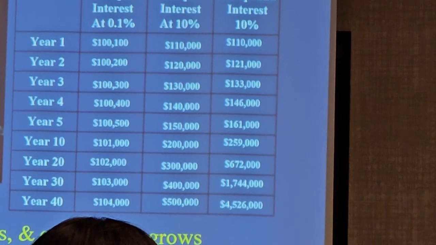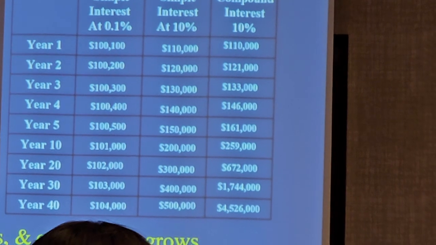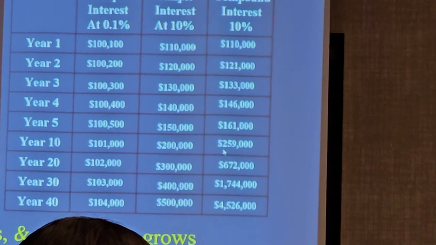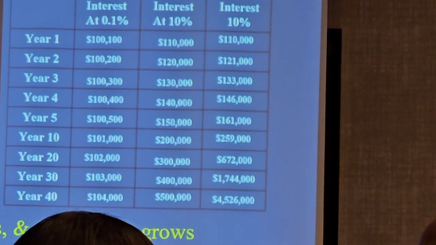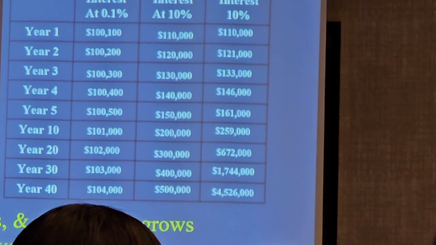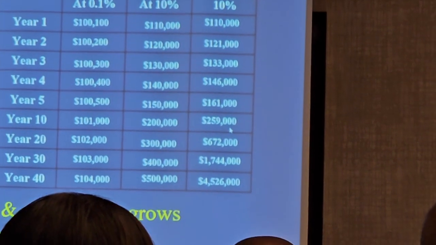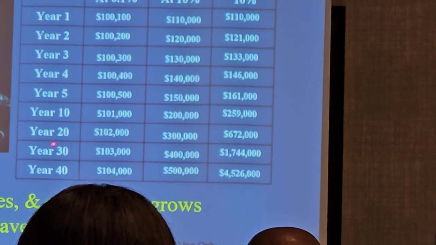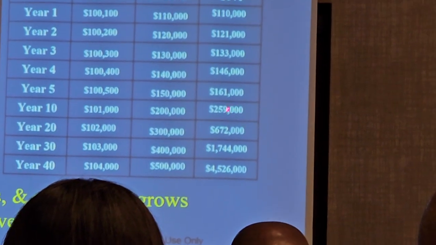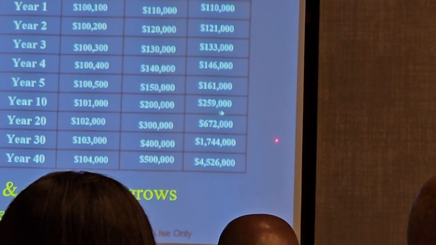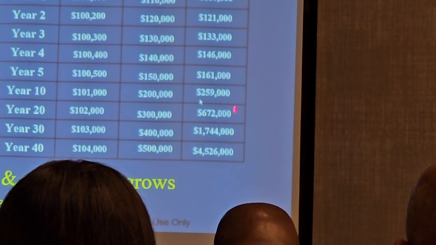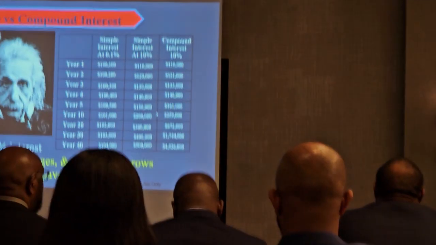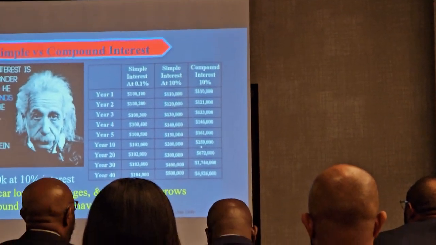With compound interest, on the other hand, you're not just earning interest on your principal, but you're also earning interest on whatever interest your principal earned. So in other words, everything in your account is earning money for you. For example, year 10, you've got 259,000 in the account growing through compound interest. You'll earn 10% of everything in your account. Understand compound interest and how you can earn it.